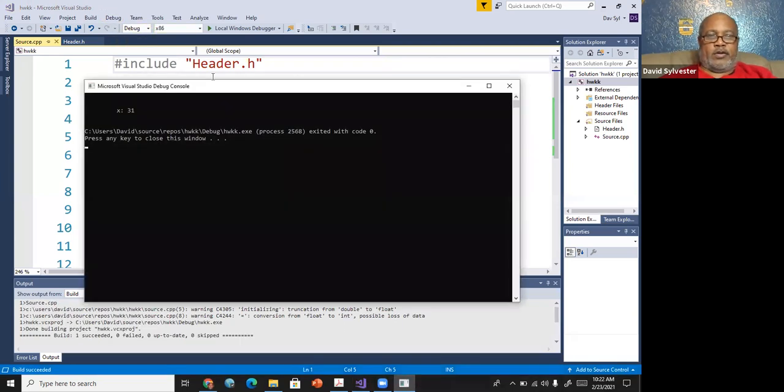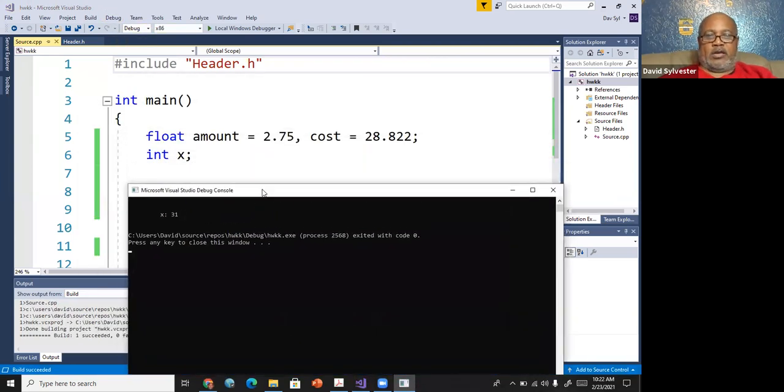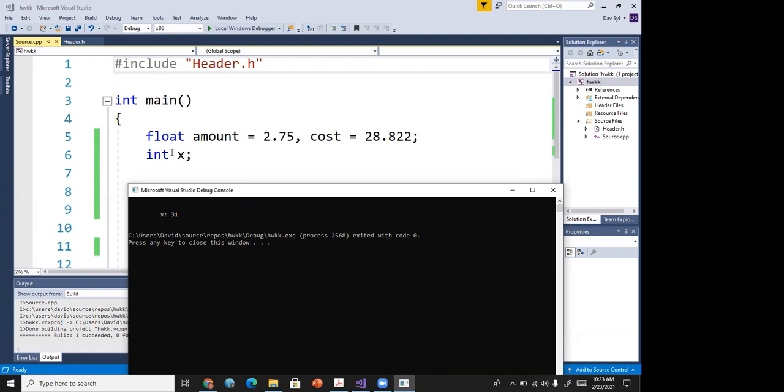All right. So you see what happened? It added them both together, 28.8 and 20 plus 2.75. That gives you 31 point something. So what it did, it solved the expression and then said what? Whatever I have in the integer side, take that and store it in my int variable. Okay. So anytime we're doing something like that, we need to use float.